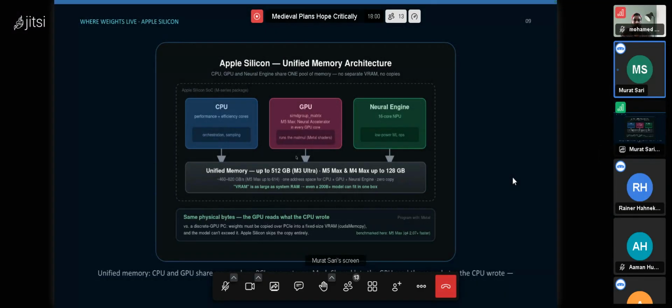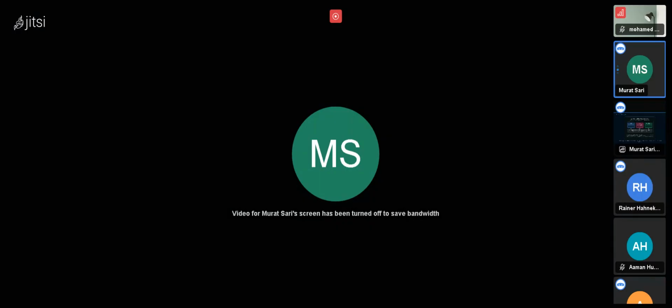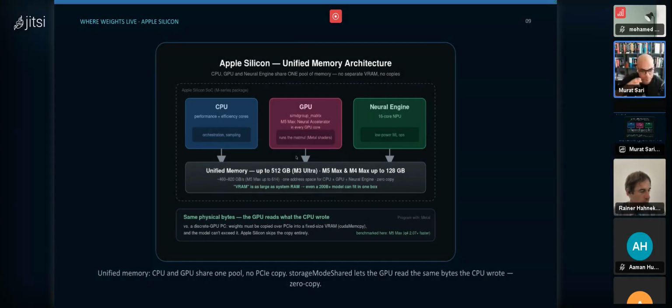So now, if you are not that familiar with that hardware, what does it mean? In an ordinary PC, if you're a Windows user, you usually bought a motherboard and CPU, you bought some system memory, and then you have some dedicated hardware, a GPU. And when you want to transfer data from the hard disk to the GPU, first you need to copy it into system memory, and then from the system memory, you need to copy it to the video memory, the so-called VRAM. Why am I explaining that with memories, why is this needed to understand?